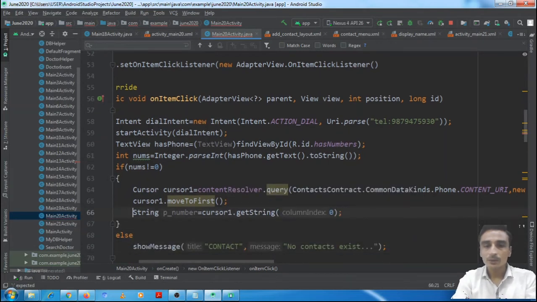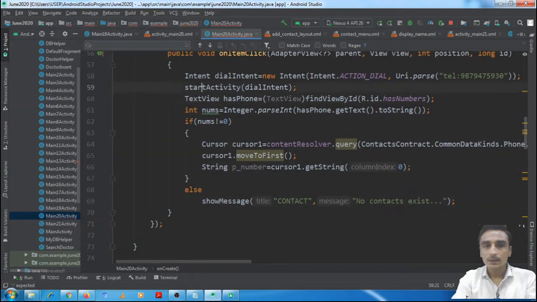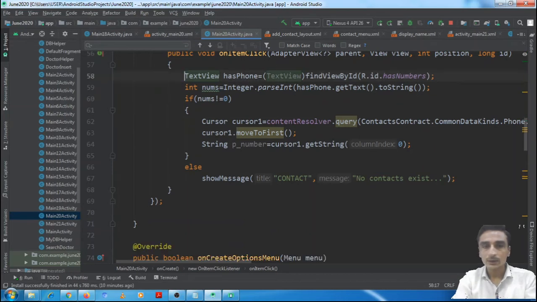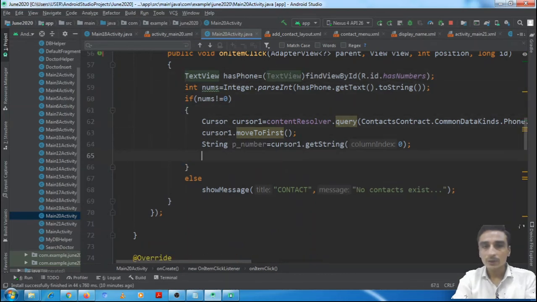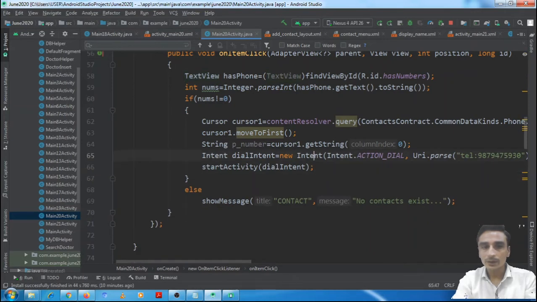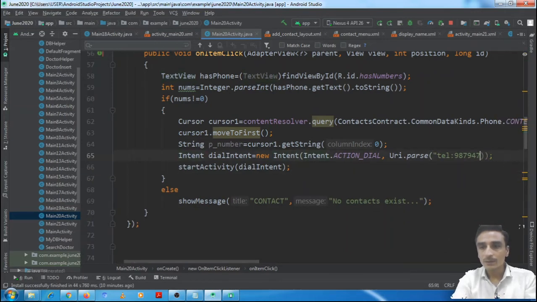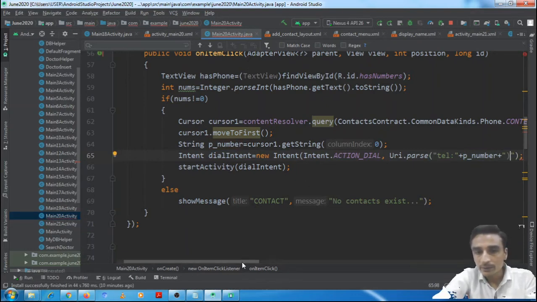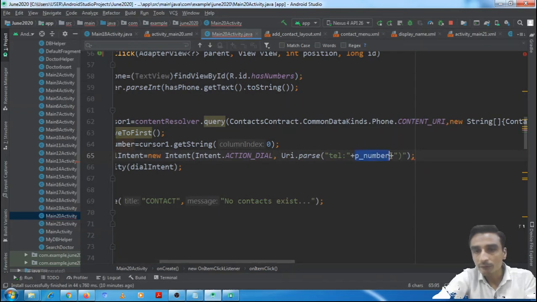Now that phone number should be passed as data to the intent. The intent code which we have written earlier would be written here, and the argument which we are passing here should be tel: concat the phone number, and then concat a bracket. So the action dial will be performed on the data which is retrieved from the contacts table.